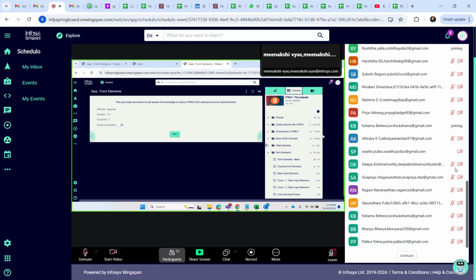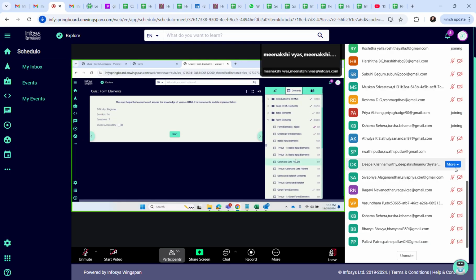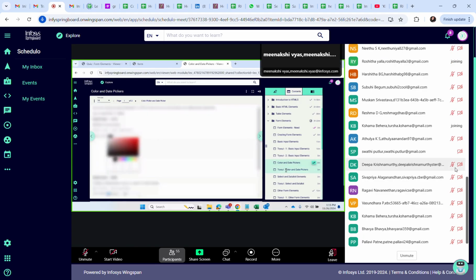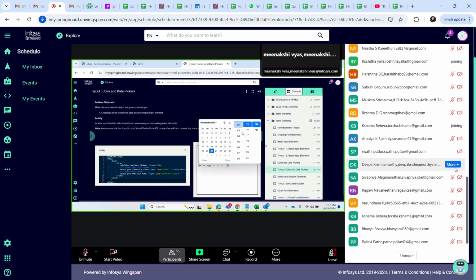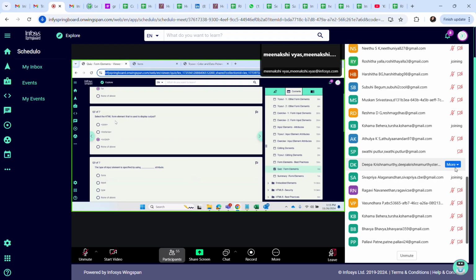Let me show you here itself. Try out. See the date. We can pick the date like this. A calendar comes. How? With the date elements. You can simply write input type equal to datetime-local, or you can write date only. That depends. So for output, we simply write output.